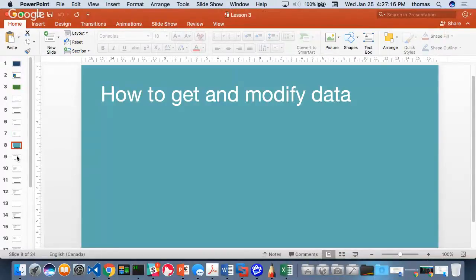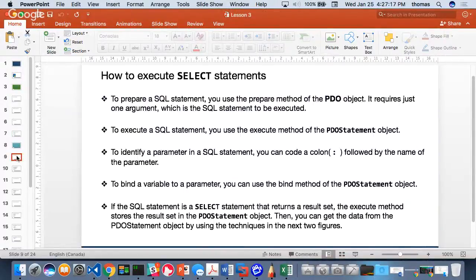And then when we get to modifying data, we want to make some kind of select statement. Again, you guys should know select statements from